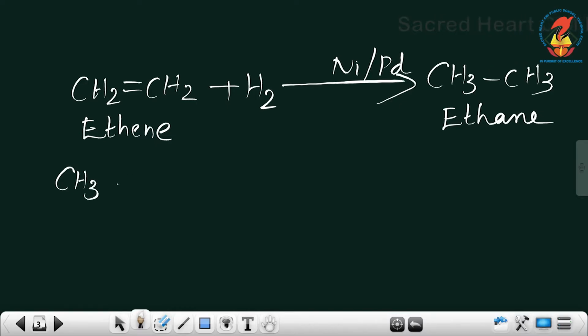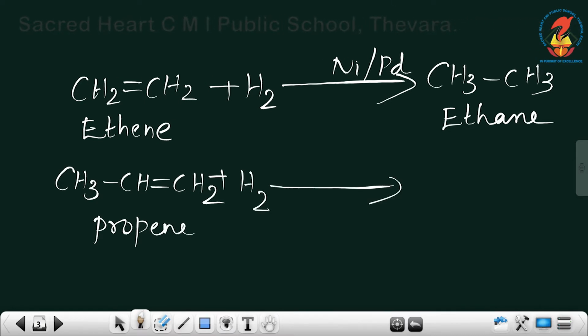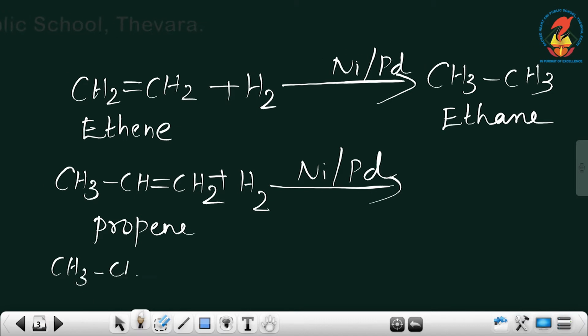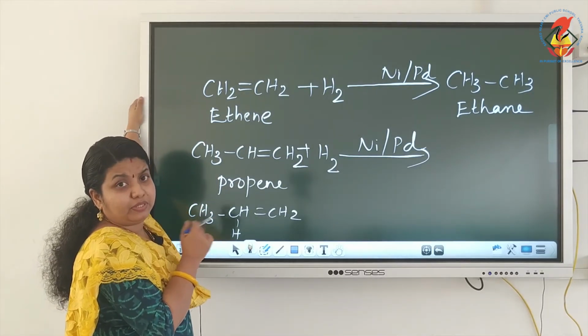Now, the next alkene, CH3 CH double bond CH2. The name of this compound is propene. A hydrogen molecule is added in presence of nickel, or don't forget to write this, nickel or palladium. Then what happens? CH3 CH double bond CH2. One hydrogen will add to the, addition always takes place on the carbons which are on either side of the